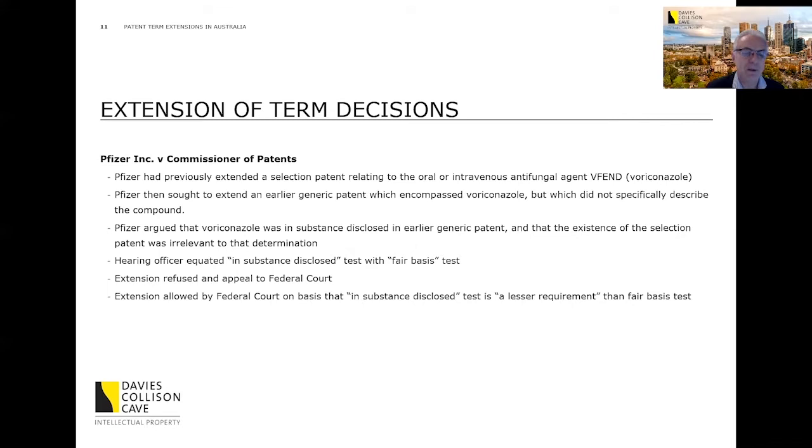In this case, there was a broad patent application, so a broad patent granted to Pfizer for a particular class of antifungal agent, I believe. And then later on, they filed a second patent called a selection patent for a very specific species within that broad class called voriconazole. So they got their patent term extension for voriconazole because they had a patent directed to